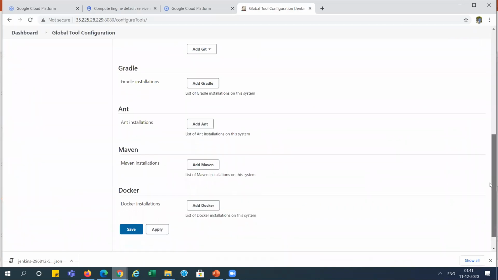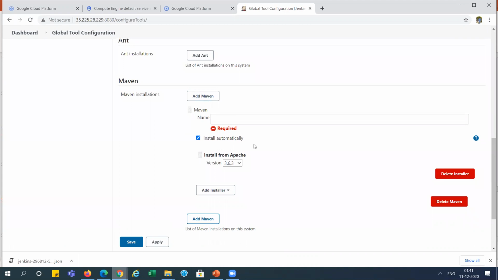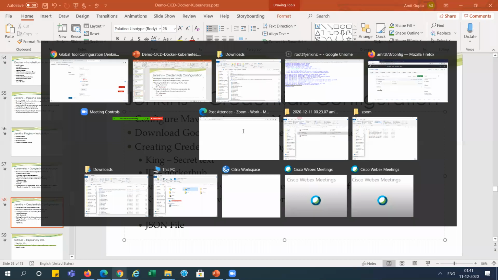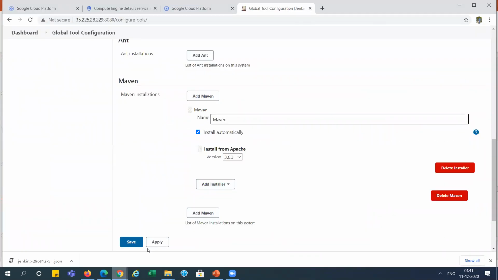Here Maven is there. Two options are there: we can use install automatically, or we can install and give the path. This time I am not installing it myself. I am choosing install automatically and giving the name only Maven, right? Now I'm applying and saving it, right?